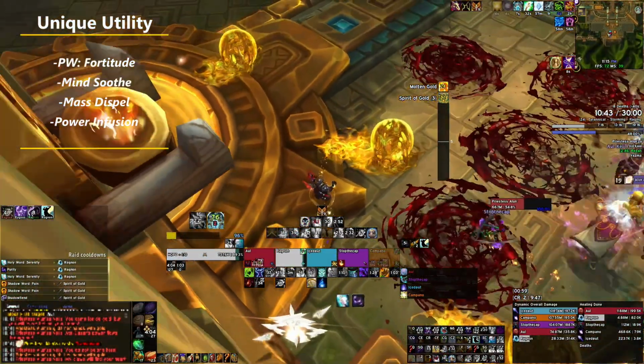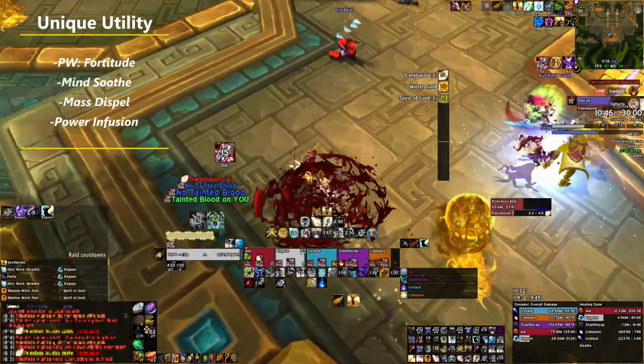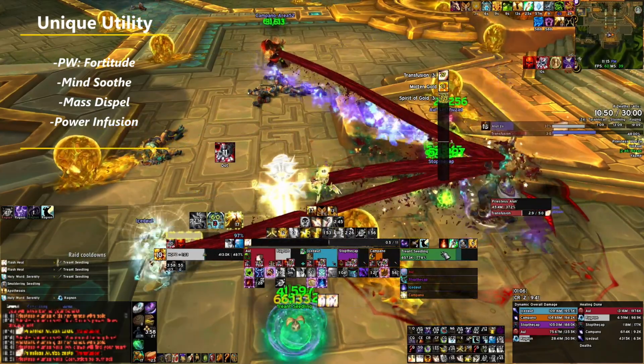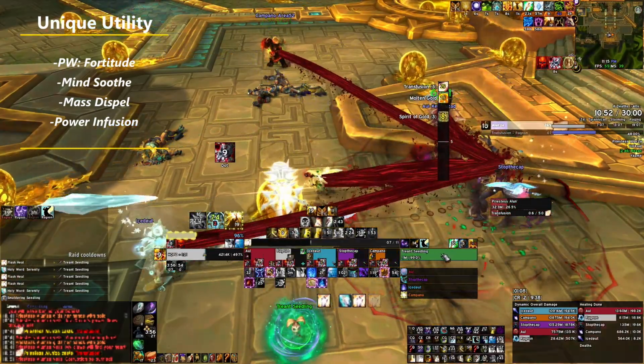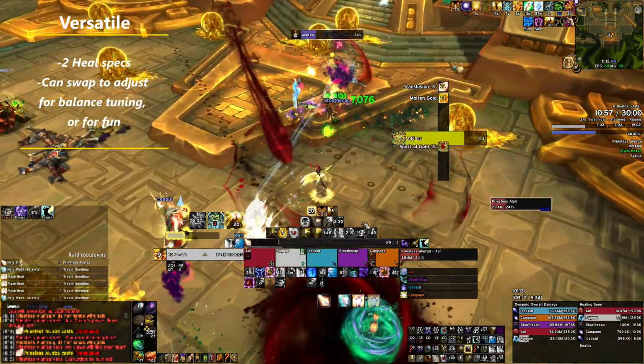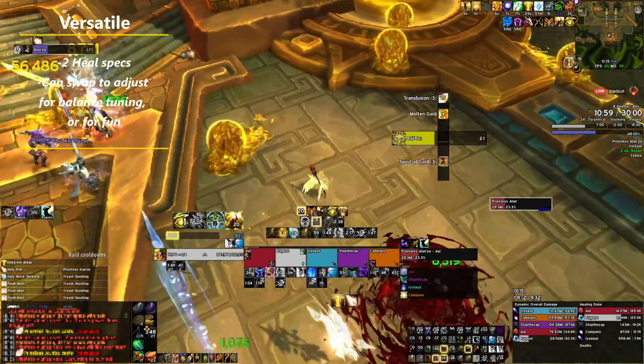Priest also brings Power Infusion, an external haste buff that is coveted by nearly every DPS player. Although it has been nerfed going into this season, it still remains a big consideration for including a Priest in a group. Priest is also a versatile choice for a healer main, having 2 heal specs to choose from,